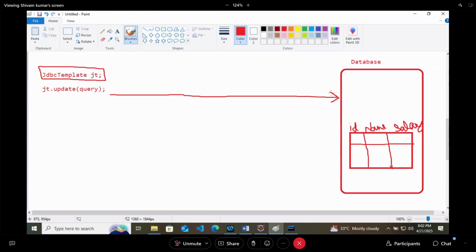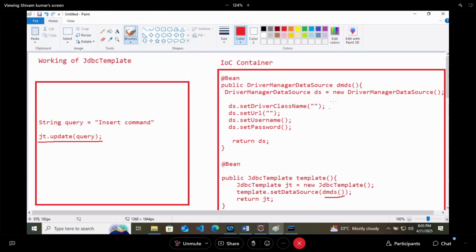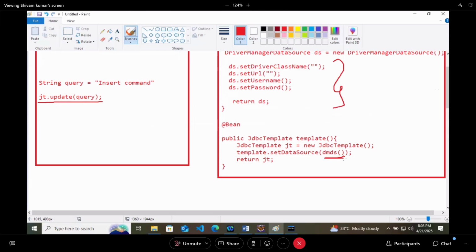Database will ask, do you have a connection or authentication or a password? This JDBC template will say that no, I don't have a password, but I have someone who has your password. Set data source, this one. This DMDS is a method which is having a connection with the database. The same connection I have provided to this particular JDBC template.